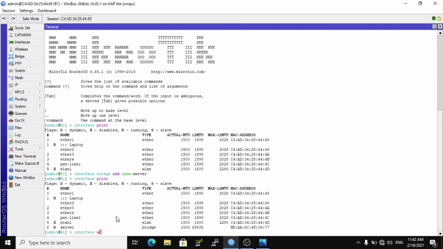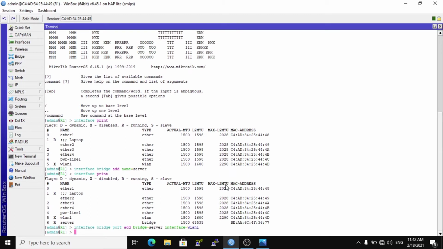Type interface bridge port add bridge server, interface VLAN 1, and type again interface bridge port add bridge server, interface Ether 2 and click enter.